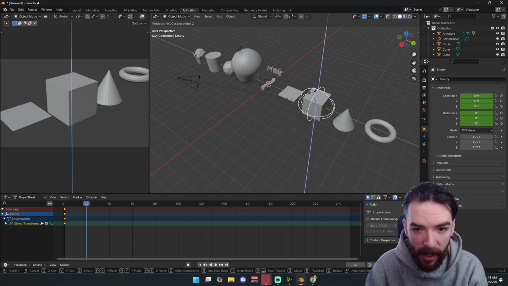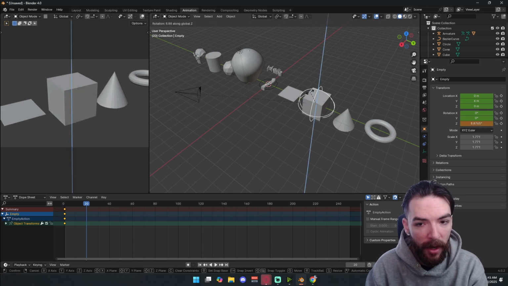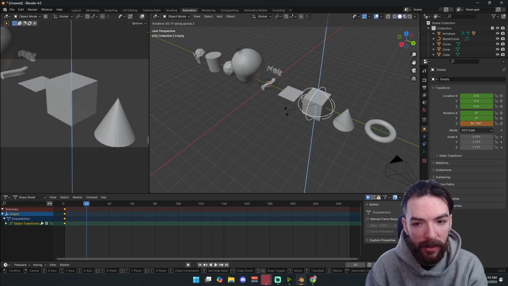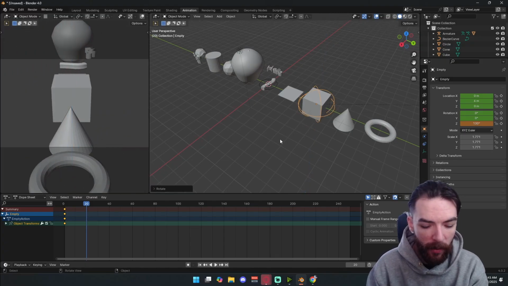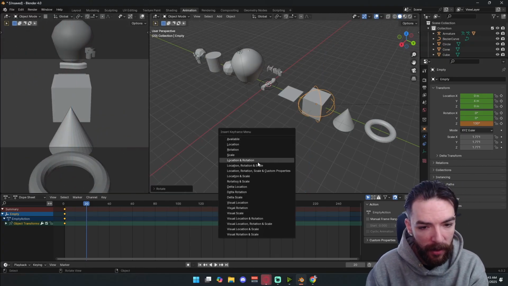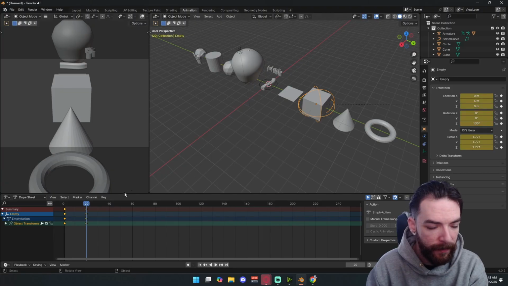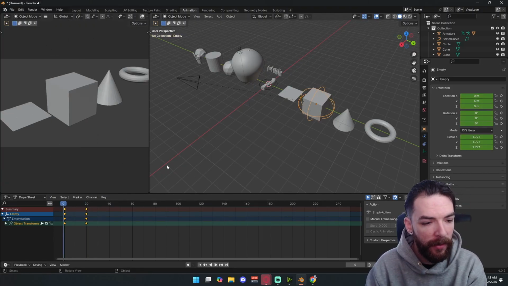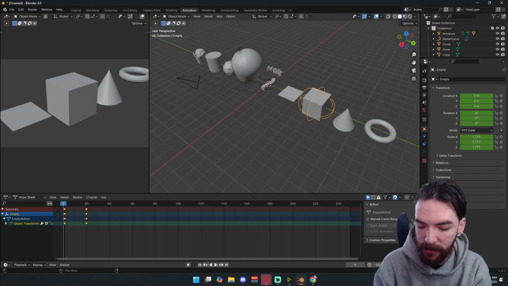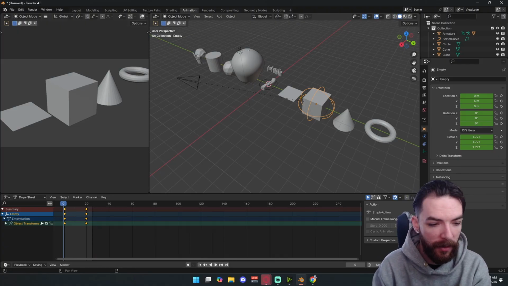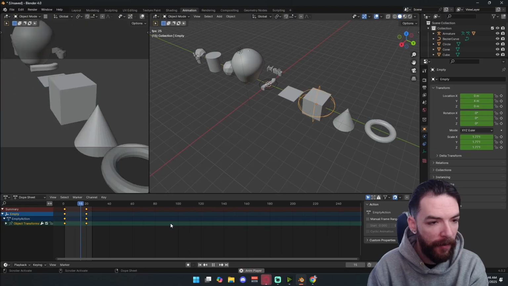So now that we've got where we want our sphere to be, we're going to rotate on the Z axis, which is up, and then we're going to turn it, let's just say, right here. Then we're going to press I to keyframe it, and we're going to do location, rotation, and scale. And there we go. So now we have an animation. Let's set our end frame to frame 25, so there's a little bit of space between. And if we play it,